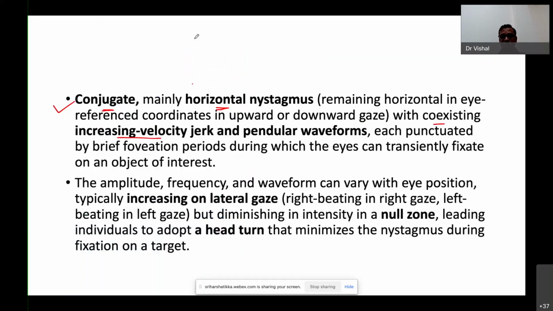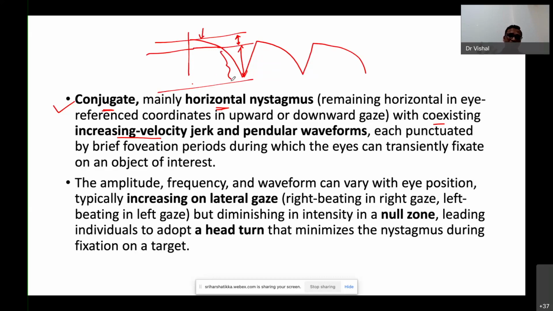For example, this variety of nystagmus, I will show the graph in this particular patient. Initially the velocity is less, and later the eye is covering more degrees, and here a lesser distance is covered by the eyeball. So a lesser distance is covered in the same time, but in the later phase it is covering more distance, that is more velocity. So typically there is increasing velocity jerk and pendular waveforms,